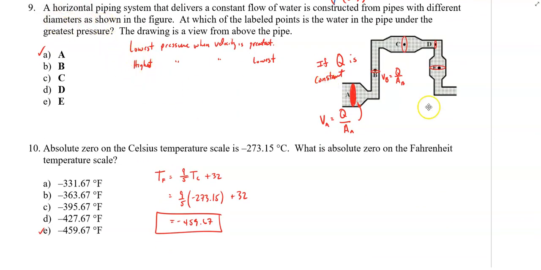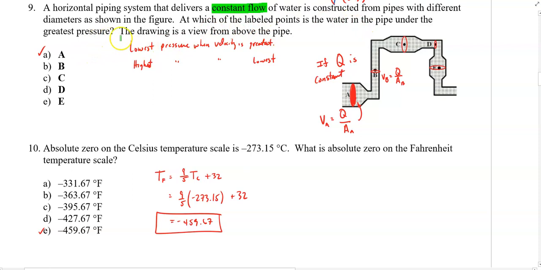Now with number 9, again, we have to be careful with the way we read this problem and interpret it. A horizontal piping system delivers a constant flow of water. Now that's important that it's a constant flow. This is not an enclosed system. It's constructed from pipes with different diameters that are shown, and at which of the labeled points is the pipe